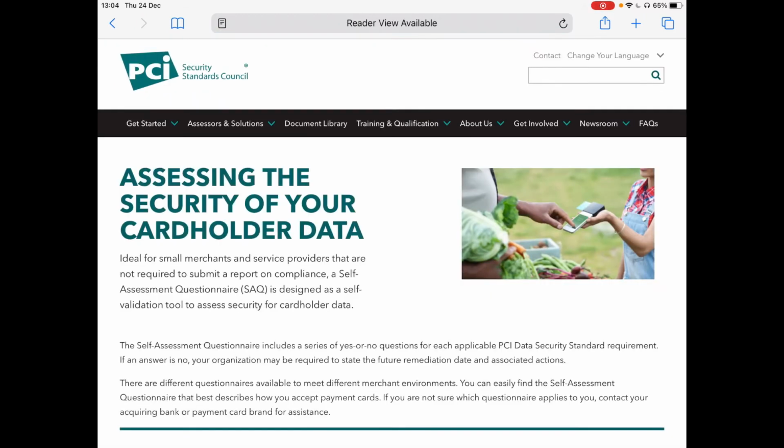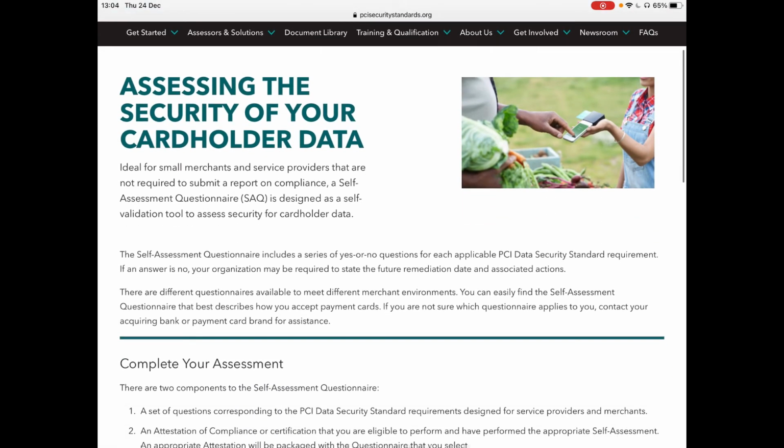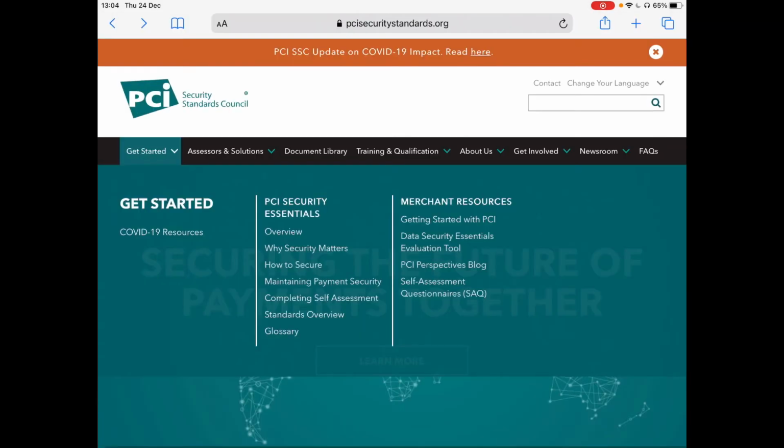If you click on that, it's basically a set of questions that assesses how secure the infrastructure is that you are providing to your customers and how secure the cardholder data of your customers is. As a merchant, it is your responsibility to provide not just the secure technical infrastructure to your customers, but also, say, if you're a brick and mortar store merchant, it is very important that even the physical infrastructure is secure.